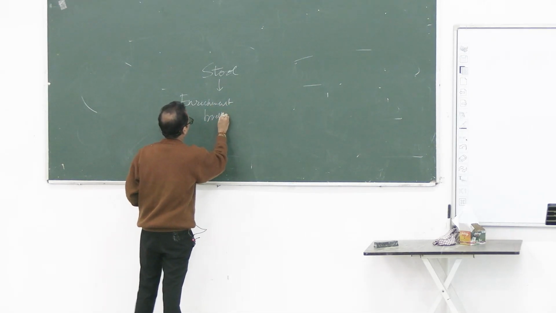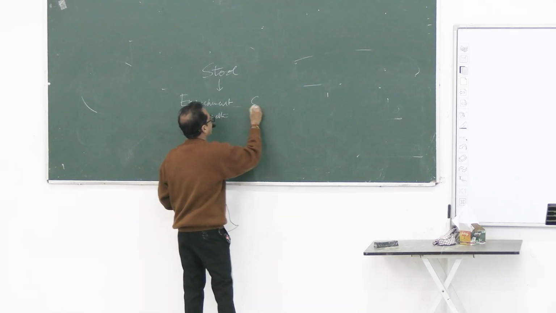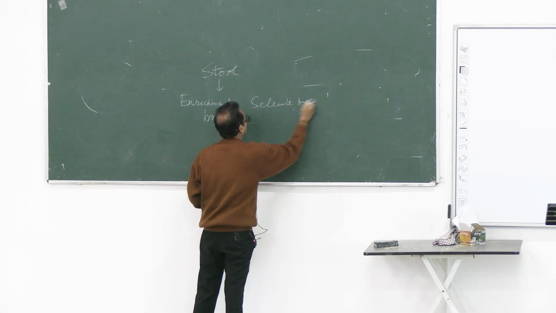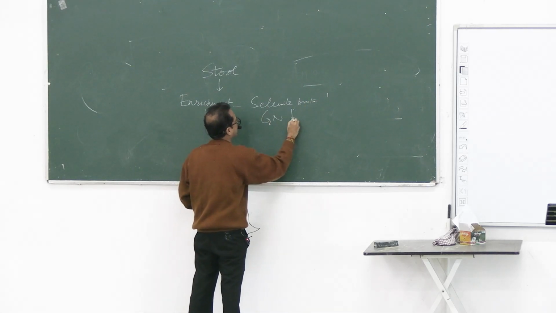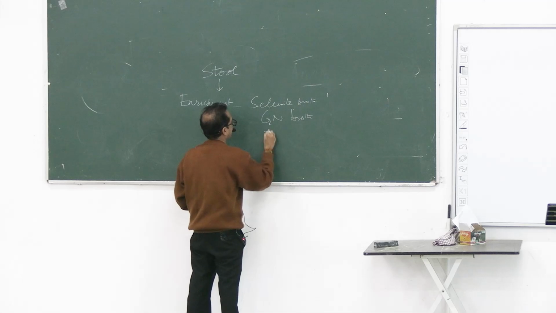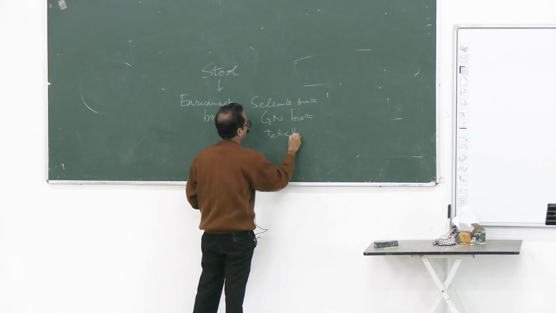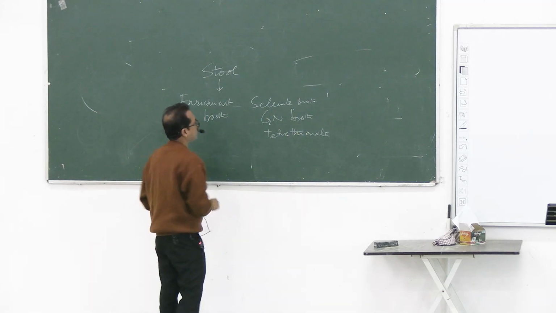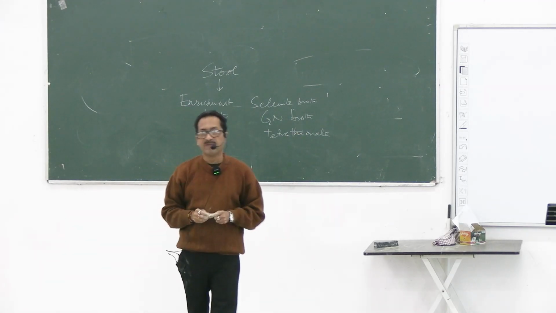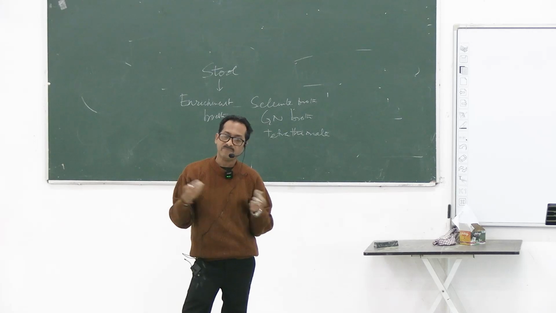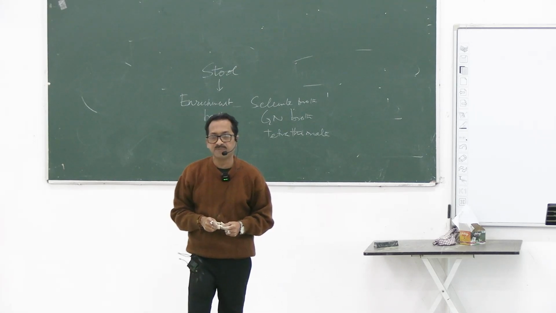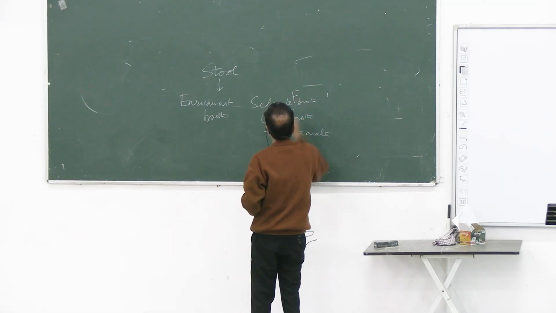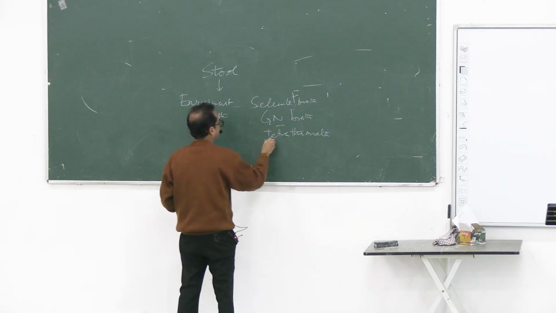What are the enrichment broths for stool? Selenite F broth, gram-negative broth or tetrathionate broth. These are all enrichment broths. You have to use them because the number of bacteria in the stool may be less. So you do some enrichment like selenite F broth, selenite F for feces, gram-negative broth, tetrathionate broth.